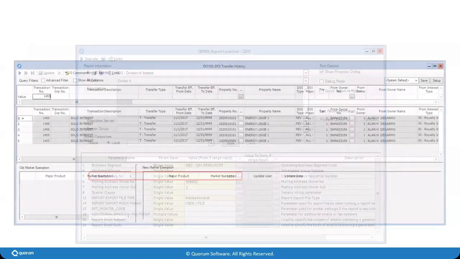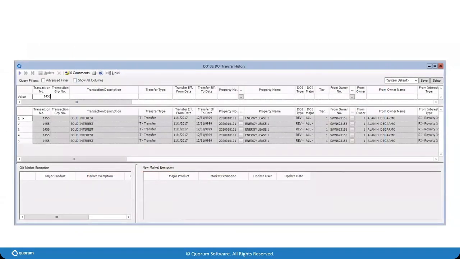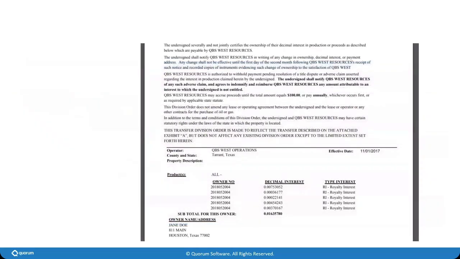And that's easy to find. Michael showed you the DOI history screen in the web version earlier in the slides. This is the version in the classic application. Every time you complete an interest transfer or DO maintenance, we're tagging that transaction with its transaction number. Then you can use this to generate your Exhibit A report, which has all of the owner information and the decimals that can be mailed out